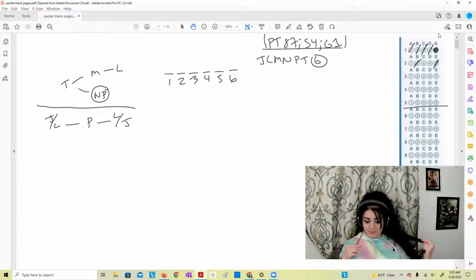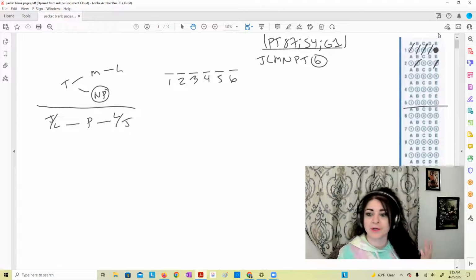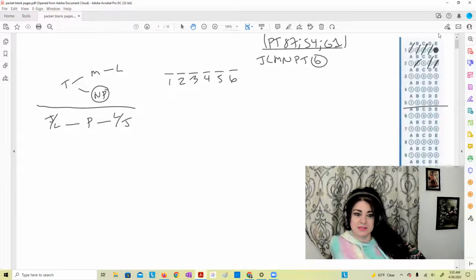What else? I know that there's no way P would go there because P needs to be between two things. So how could it be at the end? That wouldn't work. So is that one of my options? Yeah, it is. D. We can get rid of that. And what else could we possibly get rid of? Well, what I'm left with